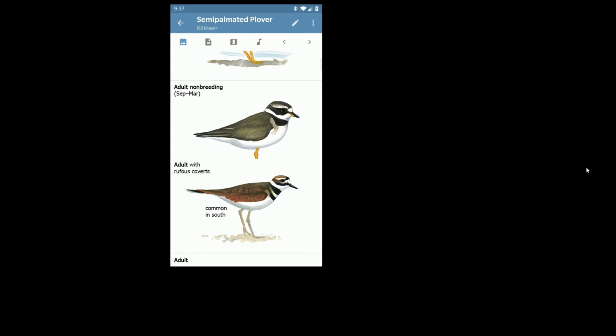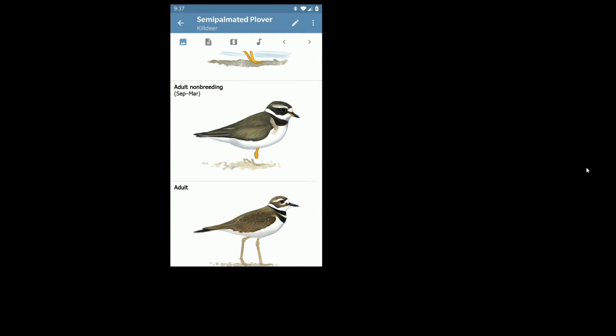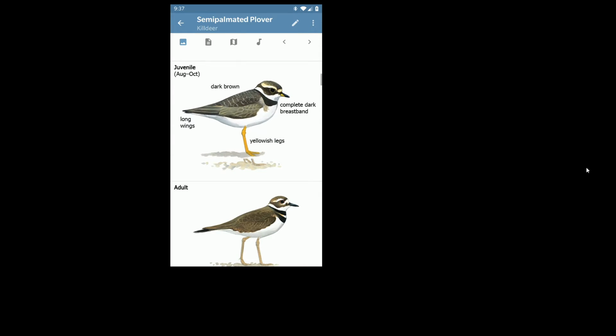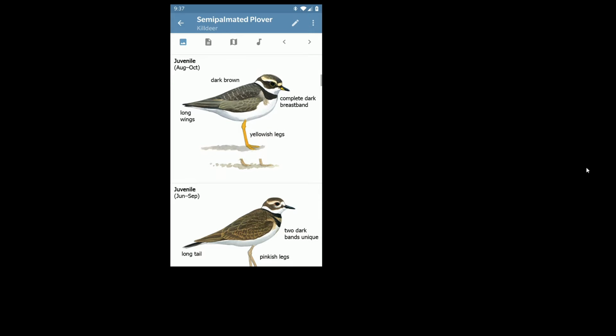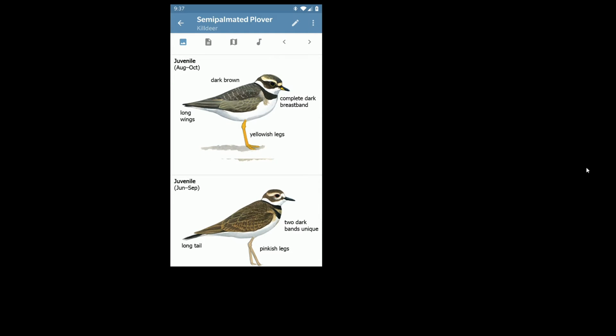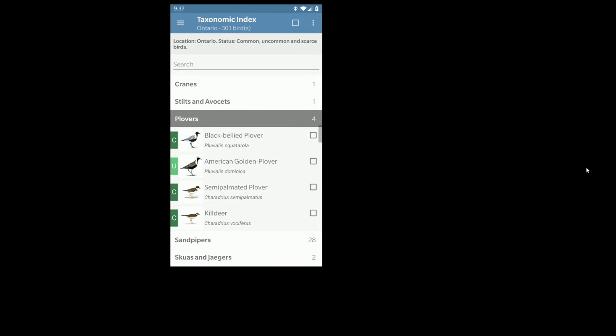Semipalmated plover, killdeer, and so what does a juvenile look like of each one? And I can compare. That's an extremely useful feature. So basically, Sibley's drawings are excellent,